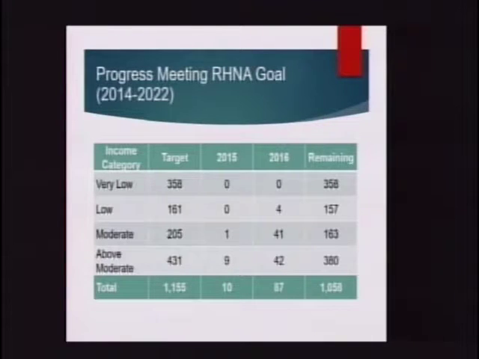And through that entire period, 2007 through 2014, we only produced 8 units in the very low income category and 8 units in the low income category. This is not unusual. In this housing market, during this period of time, most communities are experiencing similar difficulty in producing housing units in the very low and low income groups or categories.